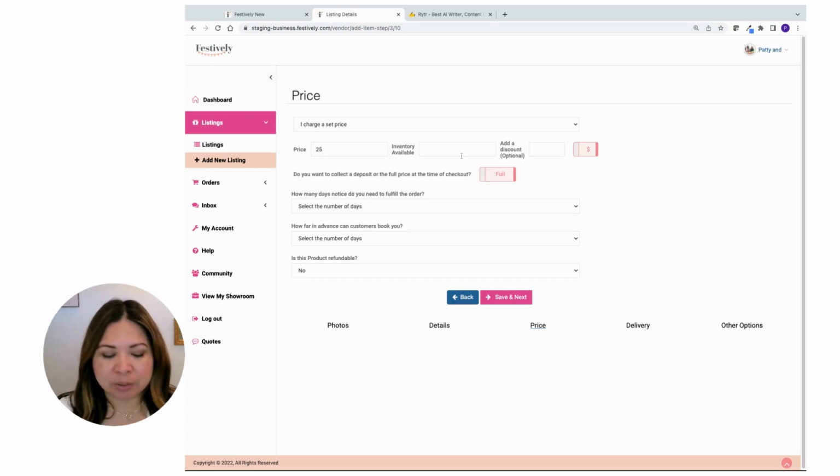So you would add your price, let's say it's $25. You can actually add inventory available just to make sure that if you do sell out, we will not sell anymore. And it'll calculate based on the orders that you get through Festively. You can also add a discount. At some point, you may want to discount whatever you're selling, and you can add that with a percentage or